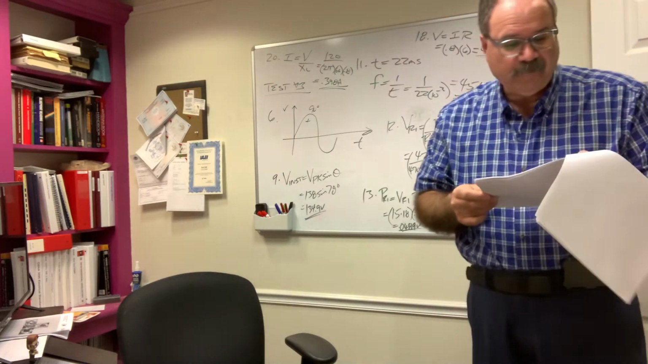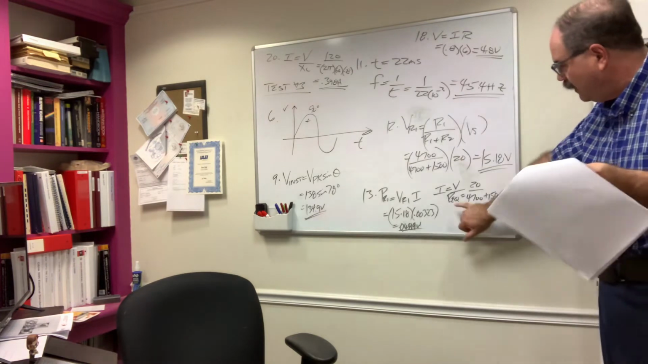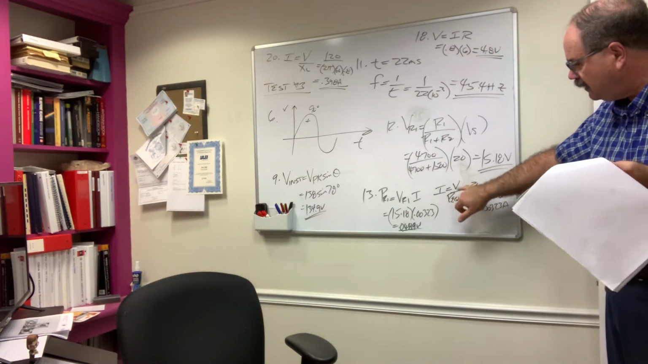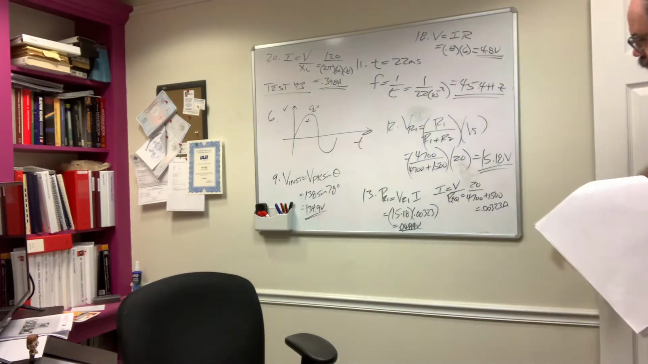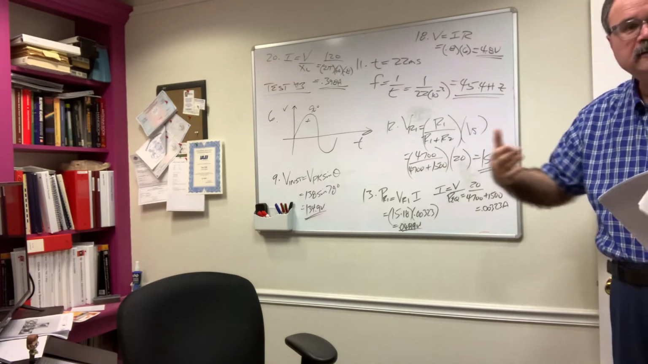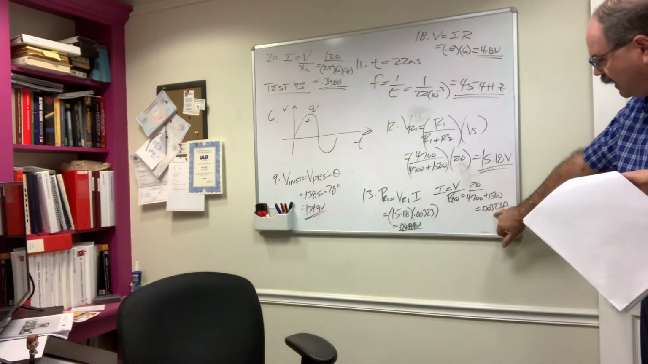Question 13, same circuit. Now it's asking us to calculate the power dissipated, PR1. So I have to solve for the current in the circuit first. I is equal to the source voltage divided by R equivalent. So 20 volts is the source voltage. For R equivalent, I take the 2 resistors and add them together. Series circuit, 4700 plus 1500. I get a current of